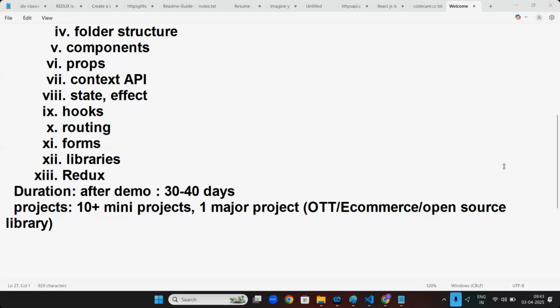What about offline? Is it clear? Any questions? No. Good. Clear till now.